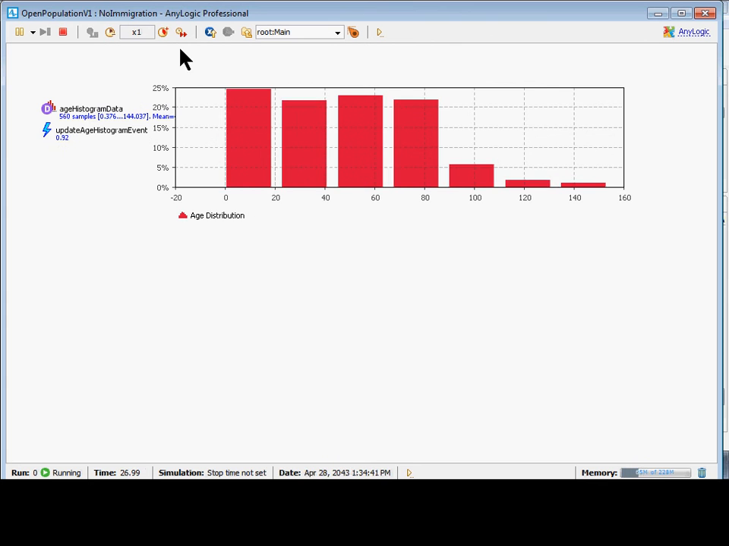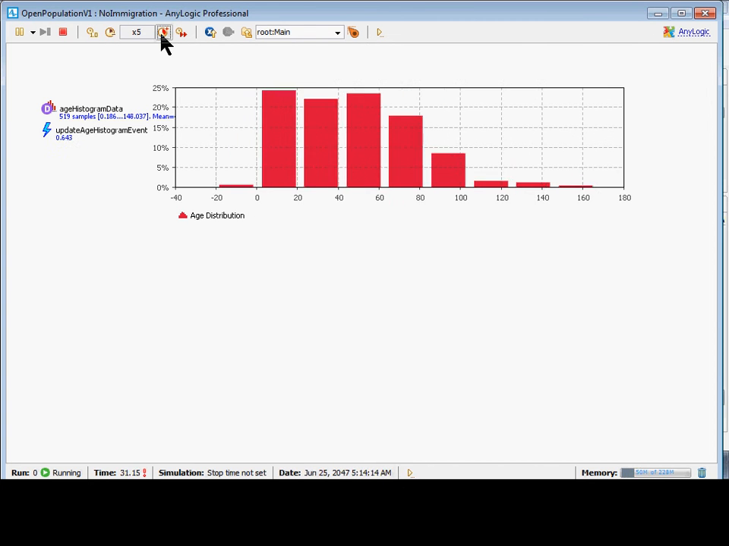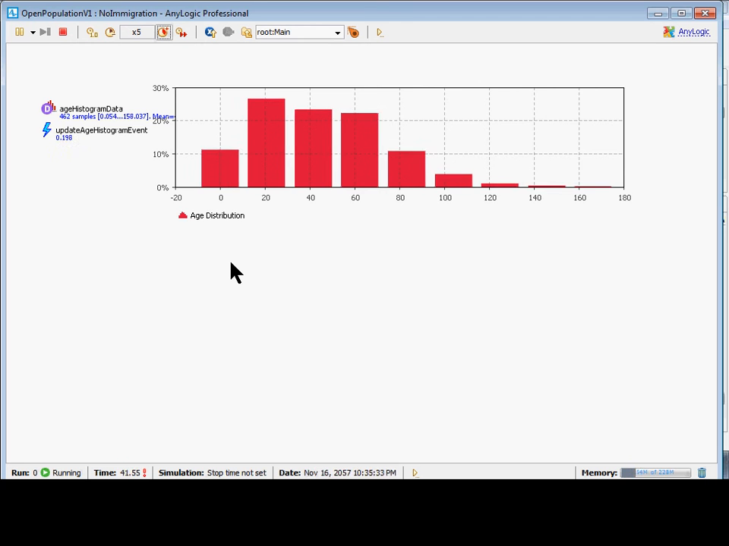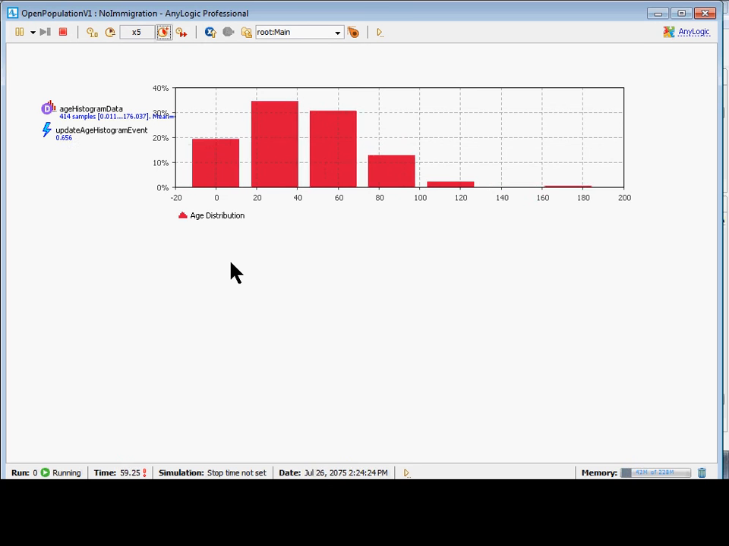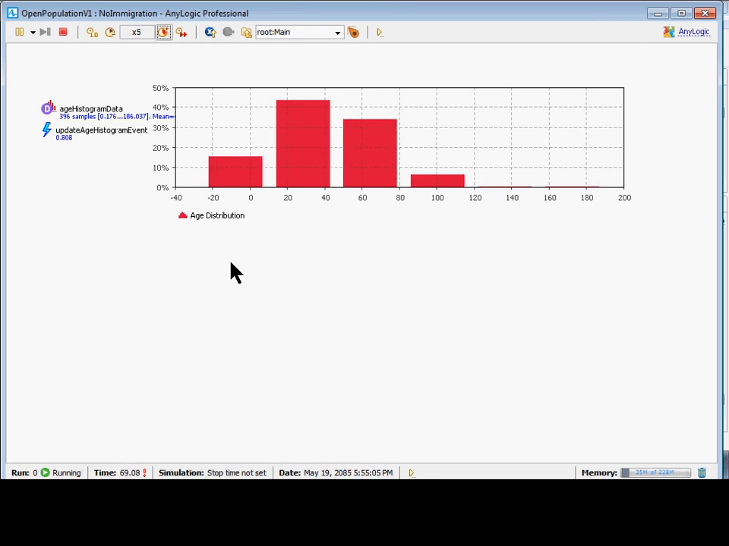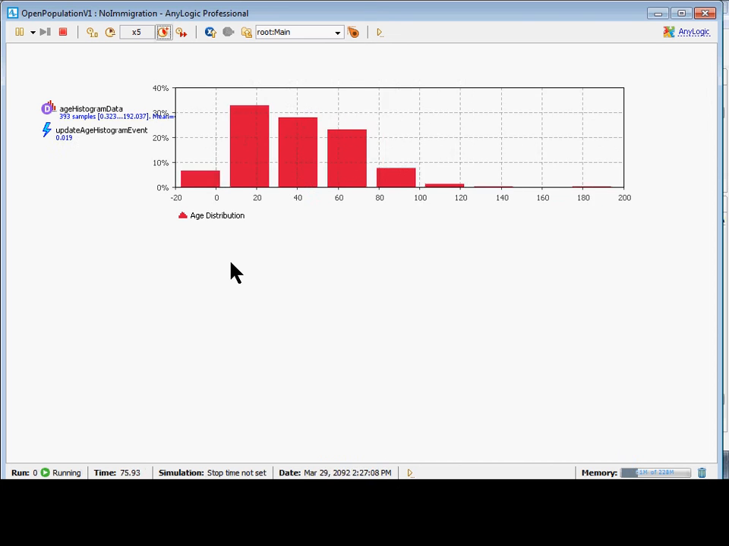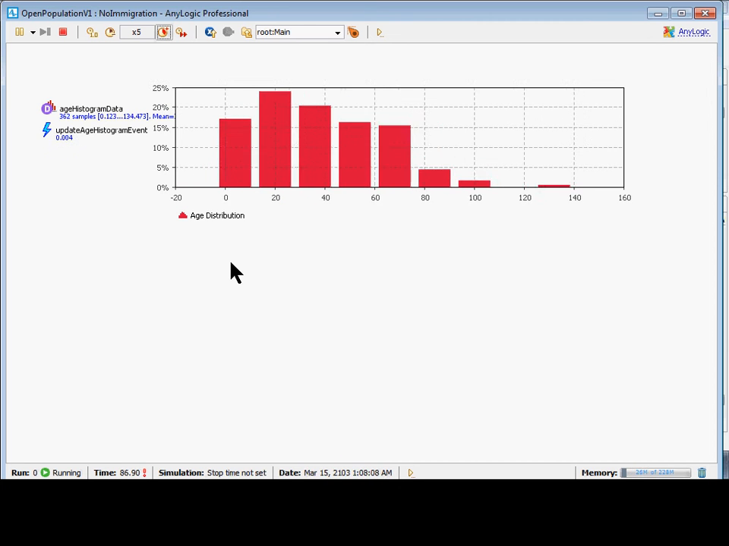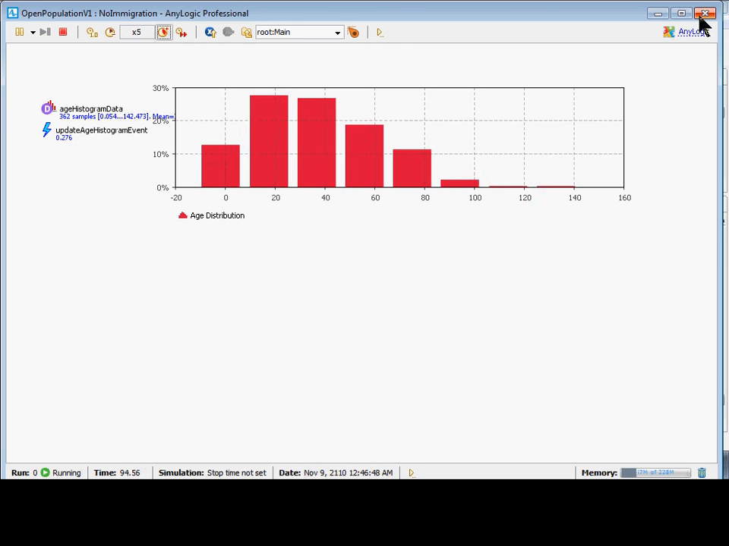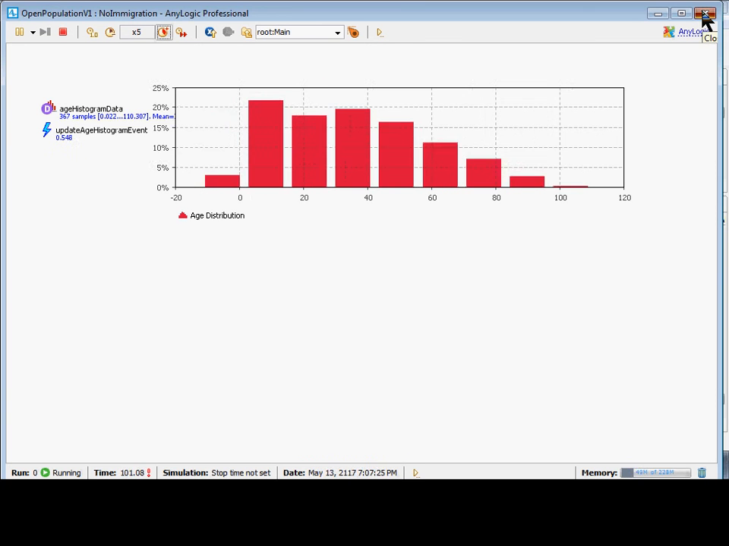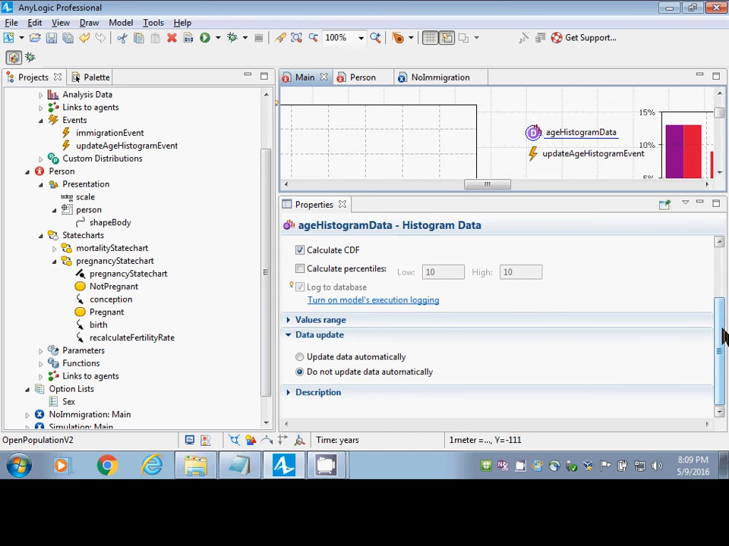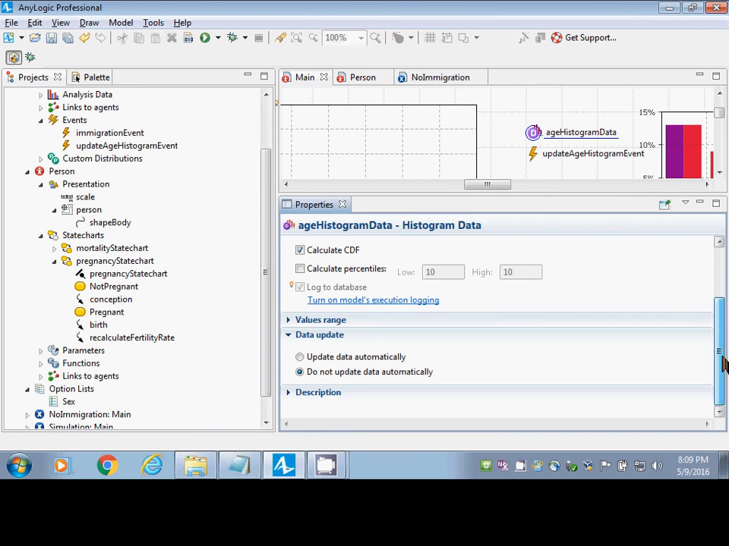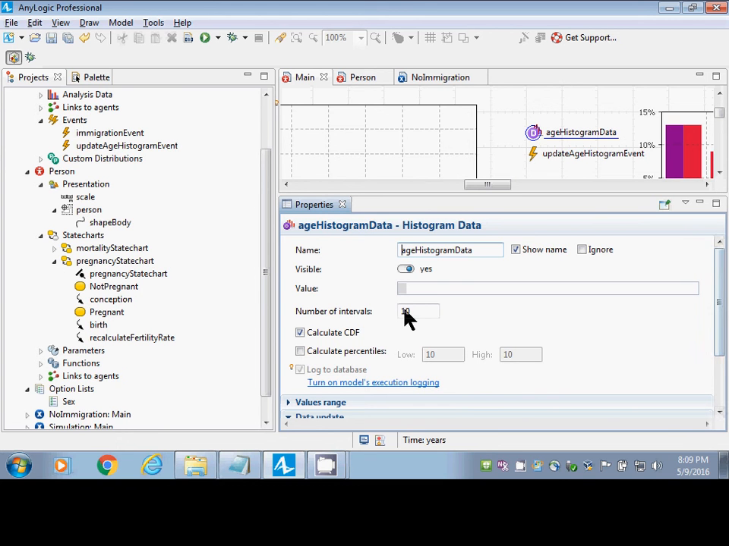So we need to tweak the mortality rates a bit. Now, we could change the number of bins there. You'll notice it's peripatetically changing the number of bins. Let's at least try to make it more regular. To be honest, I forget exactly, but I think it's in the age histogram data object that you can frob the number of bins. You see it says number of intervals? Now it says 10, but you'll notice that if you go down to values